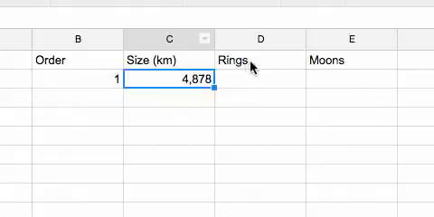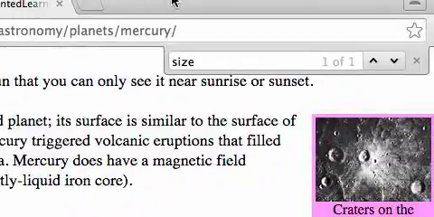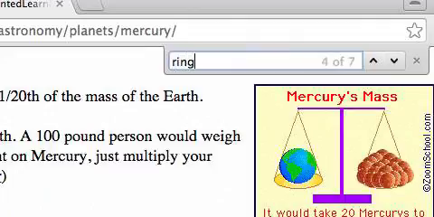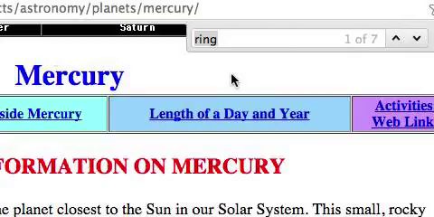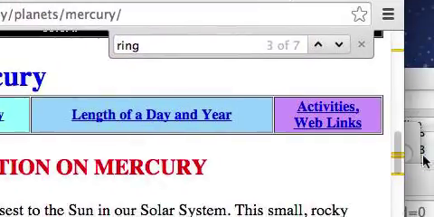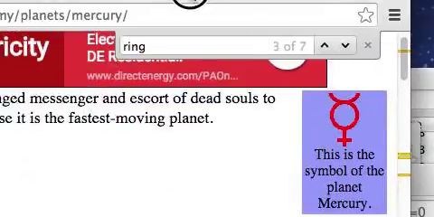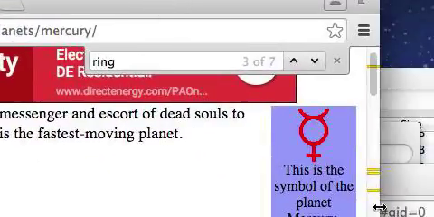Next up, I'm going to look for rings. So I go back to my web page. I hit Command F again and it brings me up here and I'm going to type in the word ring. So I'm going through to see if it has the rings. I typed in ring and I'm going through and it says I have 2 of 7 and then 3 of 7. And as I go through, it's highlighting them. And I can also see on the right hand side here, it's showing me where they occur. So I can go up here and look for the first item of ring right there, and then the next